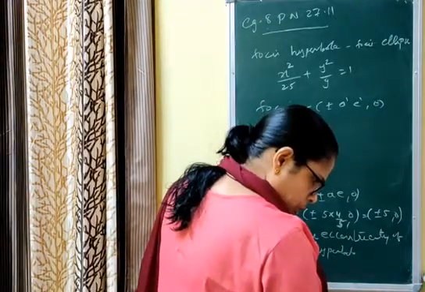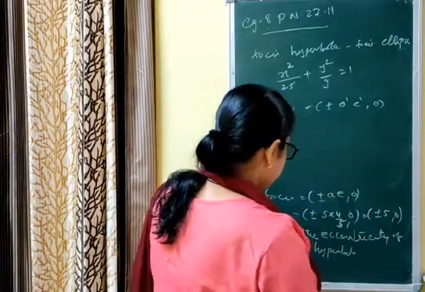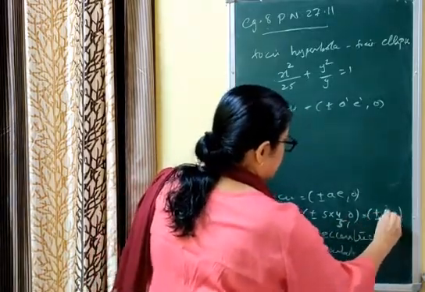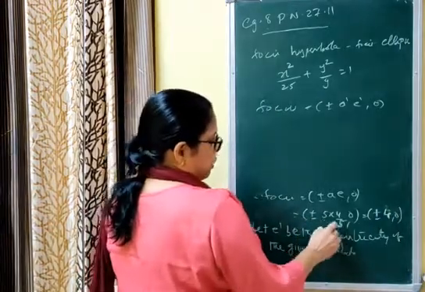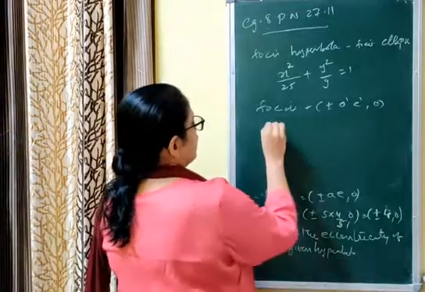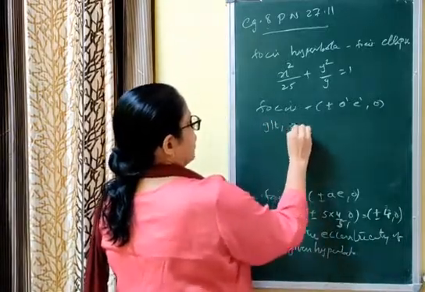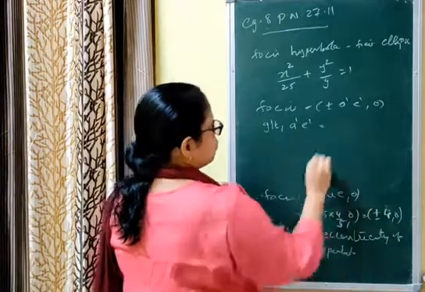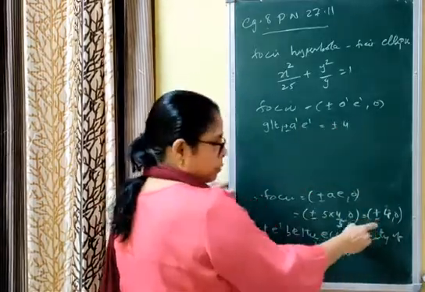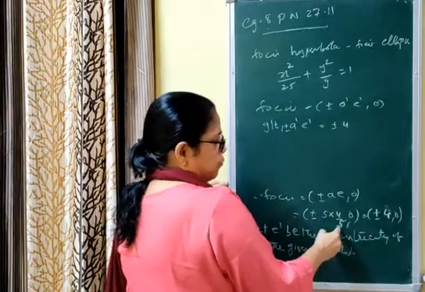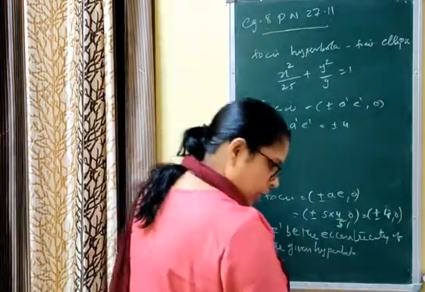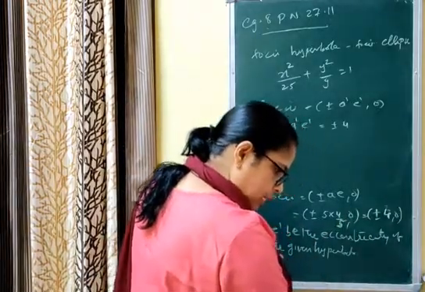Let me check one more time. This is wrong; here plus or minus 5 into 4 by 5, the 5 and 5 are getting cancelled, so plus or minus 4. I have written it wrongly, so correct this. Now you are given that, as per the given question, a dash e dash is equal to plus or minus 4. Now what you are given: a dash e dash equal to 4.